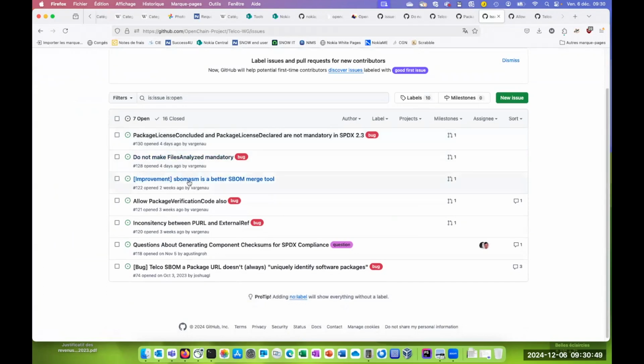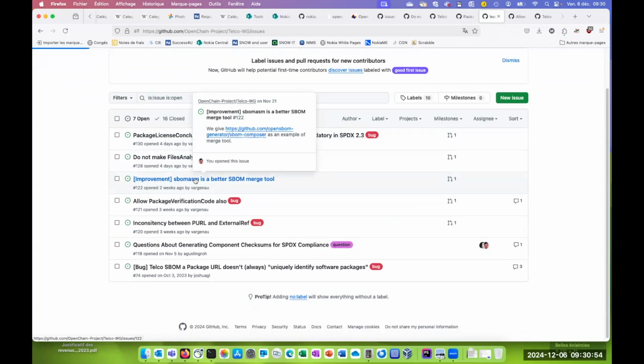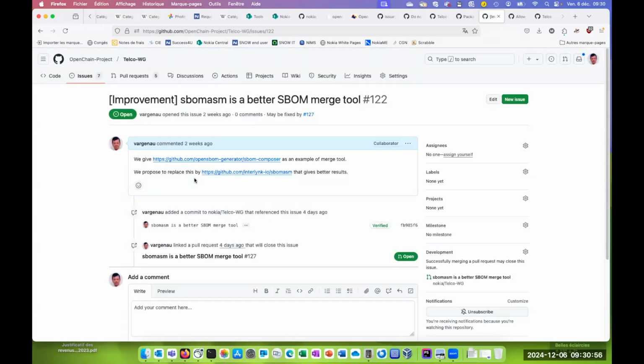Then we have a paragraph about merge tools, and we gave as an example SBOM Composer as a tool to merge several SBOMs into one, and in fact,